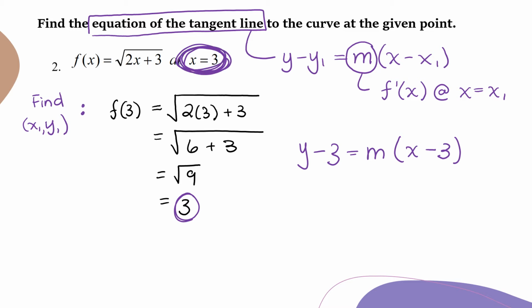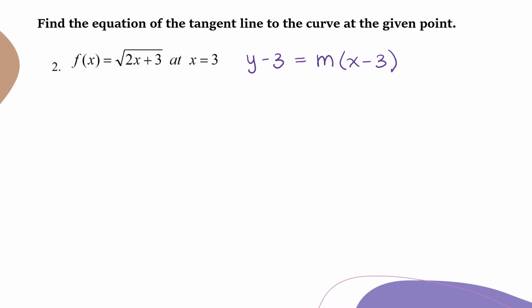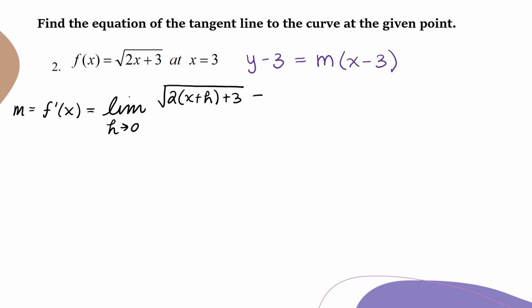And now we just have to find that slope. So we'll have to use our limit definition of a derivative. So now we want to find the slope of this tangent line. So we have m is equal to f prime of x, which will be equal to the limit as h approaches 0 of f of x plus h. So we'll substitute x plus h in for our x's. So that'll give us the square root of 2 times x plus h plus 3 minus f of x, so that's just our square root of 2x plus 3,